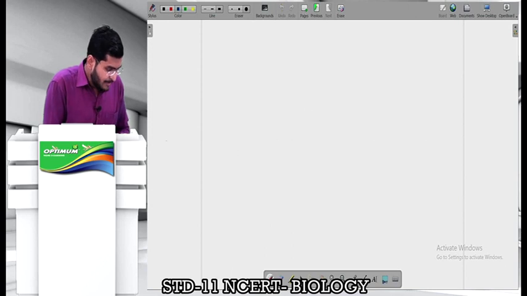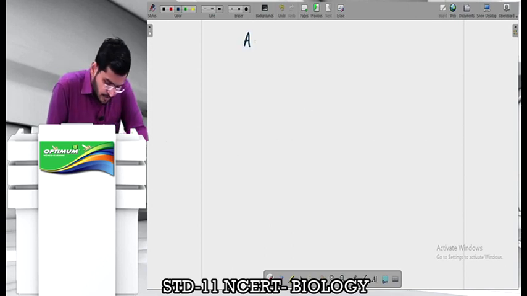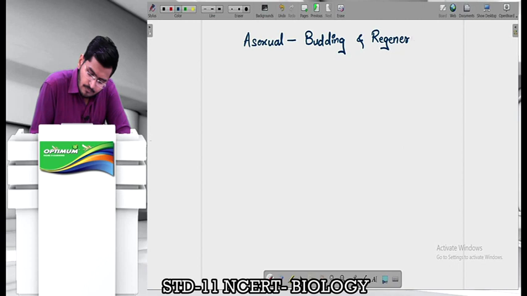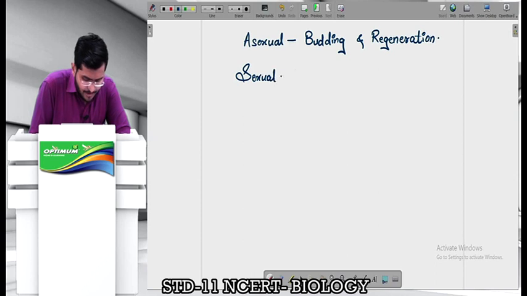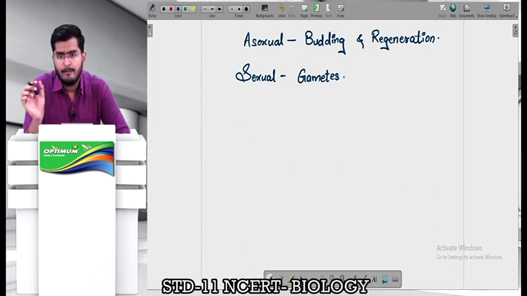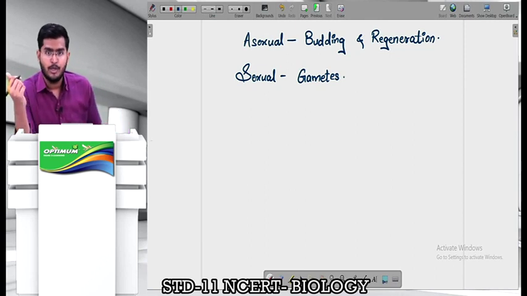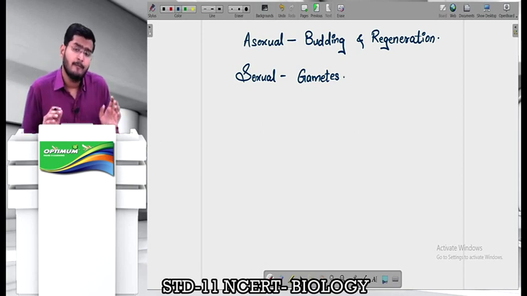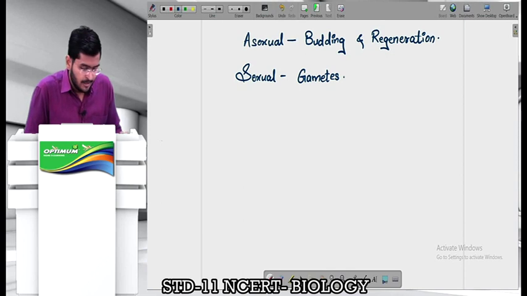Moving ahead, let me tell you that these organisms are going to show both asexual as well as sexual reproduction. Asexual reproduction is by budding, and also let me tell you that they have a very high power of regeneration. While sexual reproduction is by producing gametes. Okay, so asexual reproduction is by budding, wherein they form a bud on their parent body and the bud is going to be released to give rise to a new coelenterate, or they also have a very high power of regeneration. Sexual reproduction is by forming gametes, fusion of gametes, and that's how reproduction takes place.